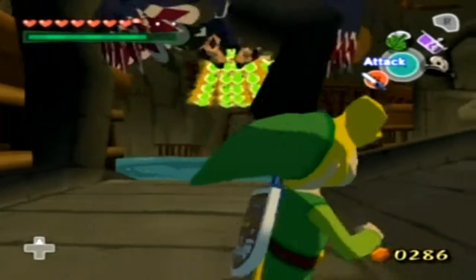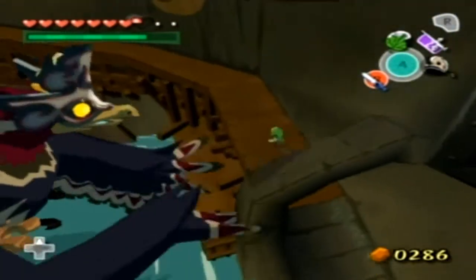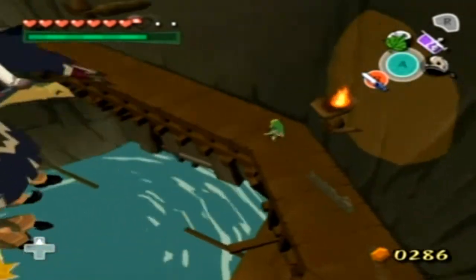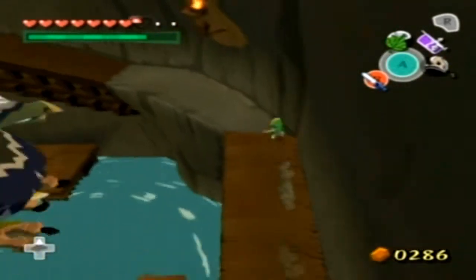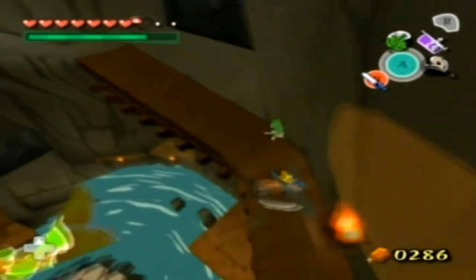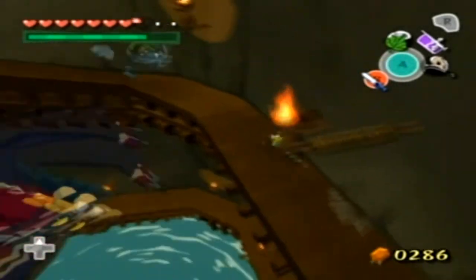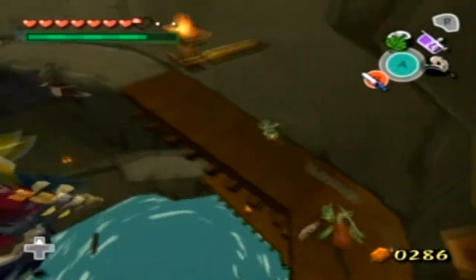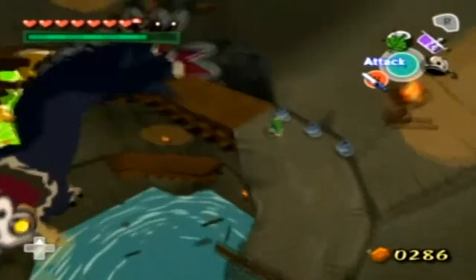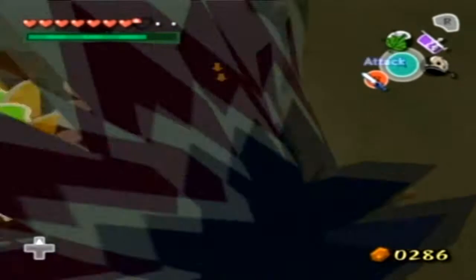This can't be good. Anyway, the best way to go about this situation, I've realized, is you just roll the whole time. That's how to go. If you just don't want to deal with it, just roll past everything. Like, blue Bokoblin, not today. He can't catch up to you anyway. Green Bokoblin, same thing. They can't catch up to you, and the bird will literally kill them, so...